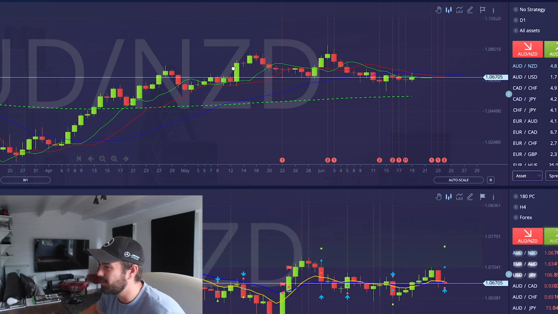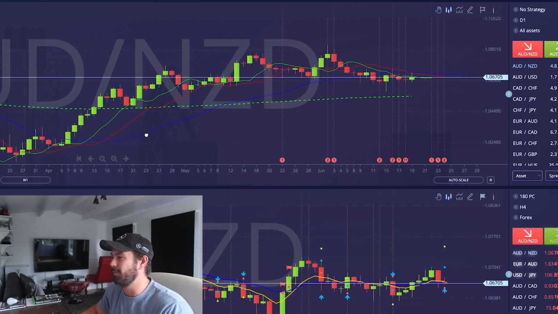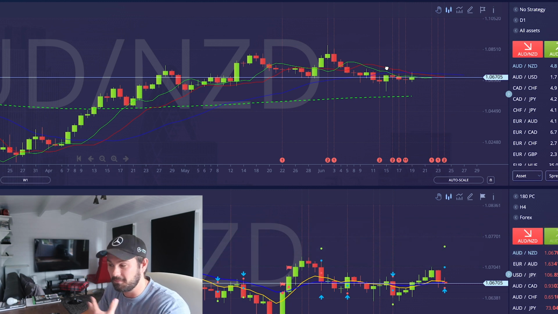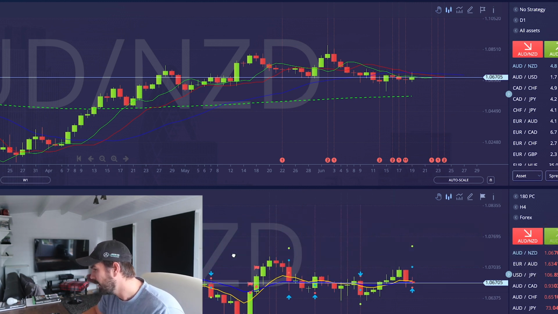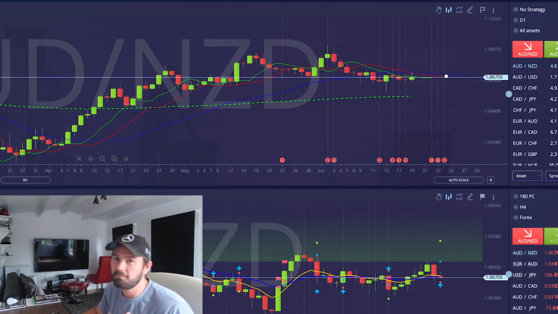So I want the green, as you can see here, right in the middle, I want the green to be open. I want the red to be in the middle. I want the blue to be at the bottom to confirm an upwards trend. As you can see on the daily, we have phase 1, phase 2 going an upwards trend. So that makes sense, right? So that's what I want to do. As you can see from this bit here, it's saying upwards, but the mouth is closed. You wouldn't do that trade.